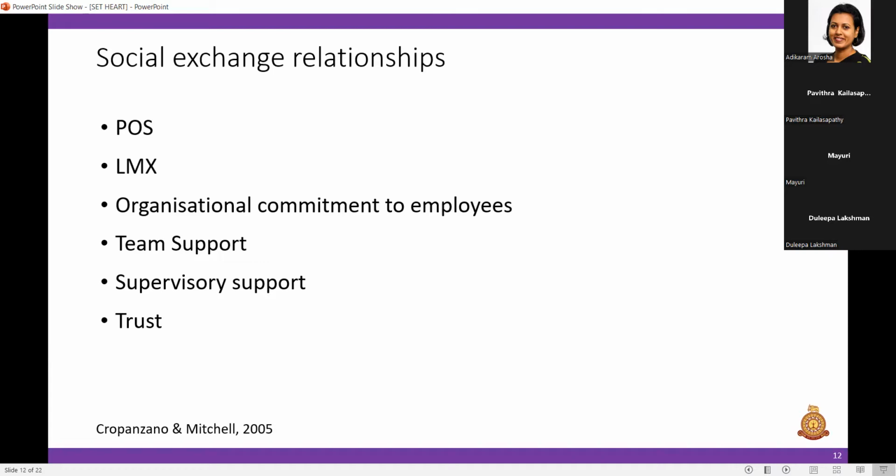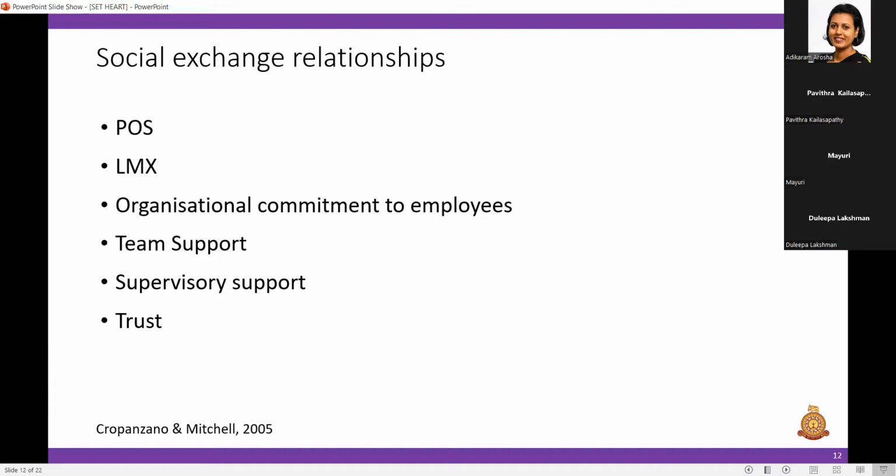The other one is LMX, leader member exchange, which I used in my PhD as well. So leader member exchange is a characteristic of social exchange where, among the subordinates, the supervisor really cares and has a good quality relationship with only a few of the subordinates. That again creates this long-term trusted, loyal relationship. You feel obligated to return something, right? So you will see POS and LMX are characteristic outcomes of this social exchange,